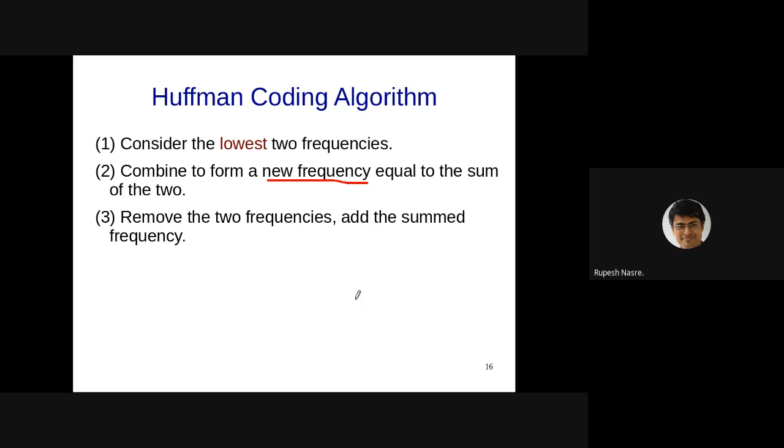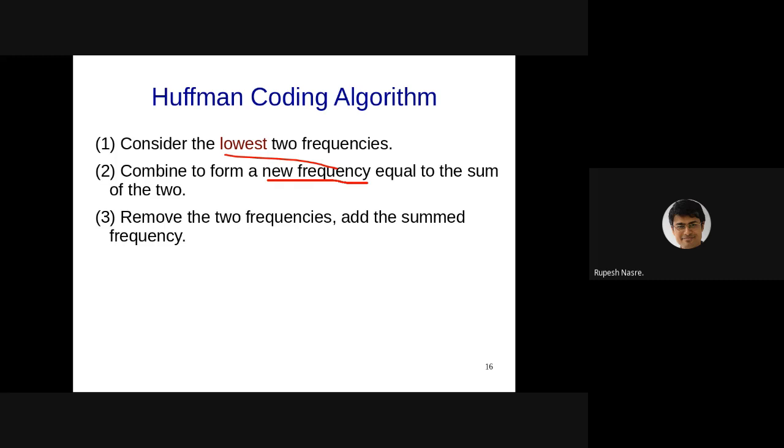So you have a separate heap and you push all the frequencies into that. In the heap you insert n elements, then you do a delete min, and you do another delete min. So you do the first two delete mins and then push a new element back into the same heap, which is the sum of these two. Now that will percolate down or remain somewhere and so on. So now you have n minus 1 elements.